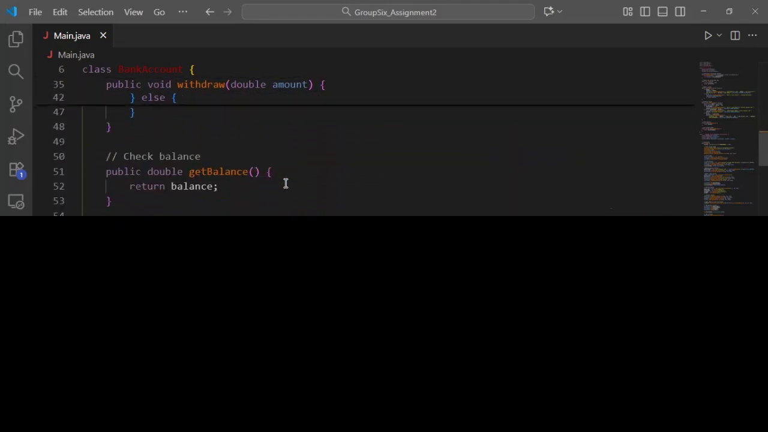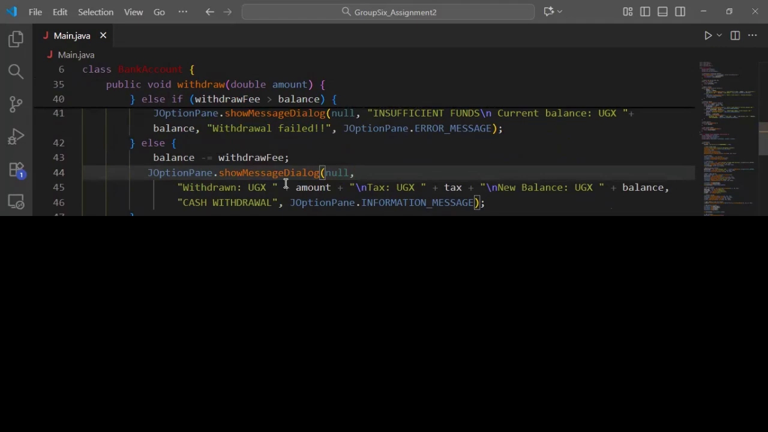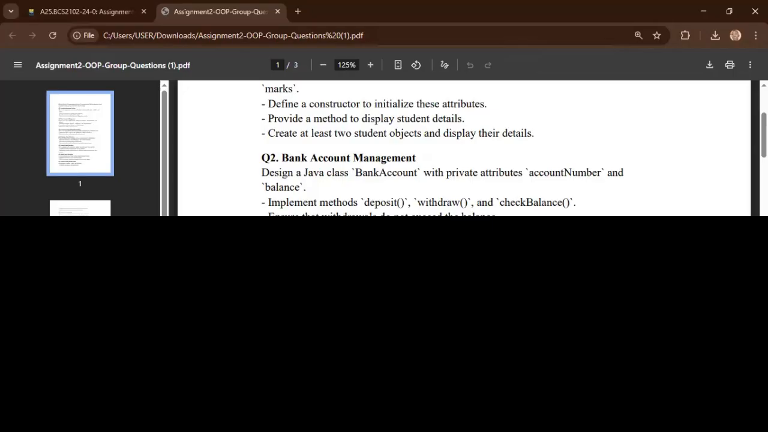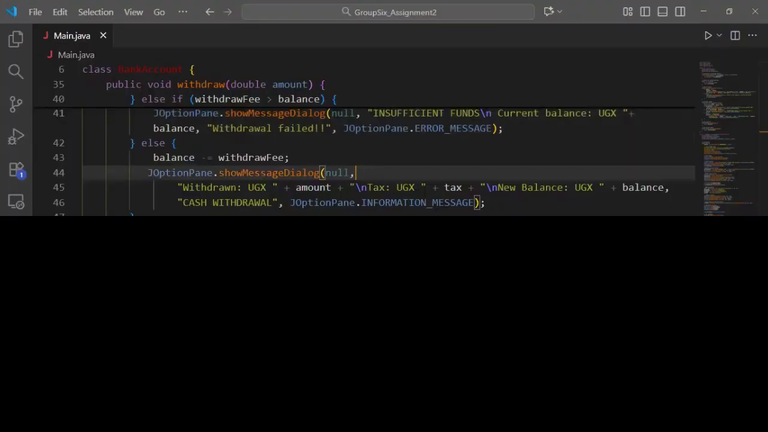That was basically the account class, which was answering the question of implementing the methods: depositing, withdrawing, and all that stuff. But now, just to make